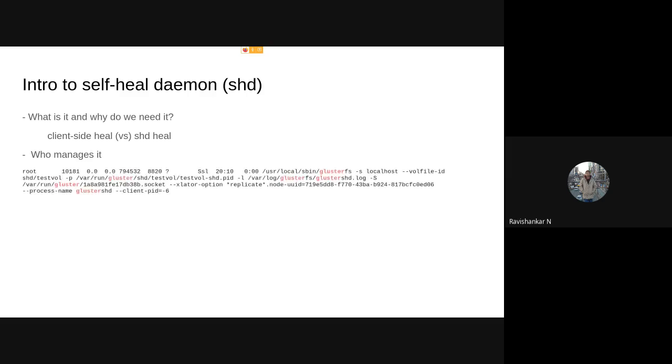So self-heal daemon is basically a process which resides on every node of the trusted storage pool. If you do ps and grep for glustershd, you will see this process. It is managed by GlusterD and is a client-side process.